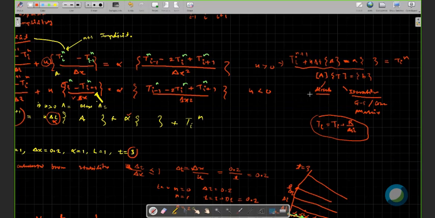Direct methods are directly applicable, like in most cases of 1D problems, or problems like the second case, the diffusion heat transfer problem with the unsteady case, where you will get mostly a tri-diagonal matrix. For this tri-diagonal matrix, we know that we have the TDMA algorithm, which is a very simple set of equations only. For this tri-diagonal, you have to calculate only those coefficients, and those are like tables. You can make a table of that and just keep on calculating. So the process will not be that difficult.